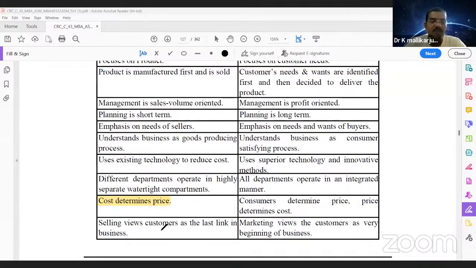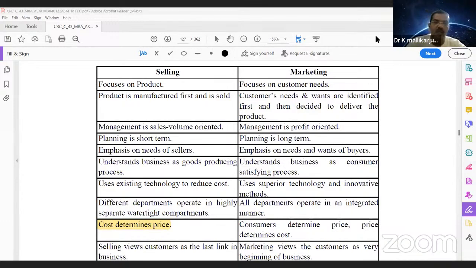So the customer is a loss. But here, in the marketing view, the customer is given first priority from the beginning. The customer is central. The customer is king in the market. Once he is satisfied with the product, only then can the product survive. Otherwise, the product cannot survive. So on the whole, what I conclude is